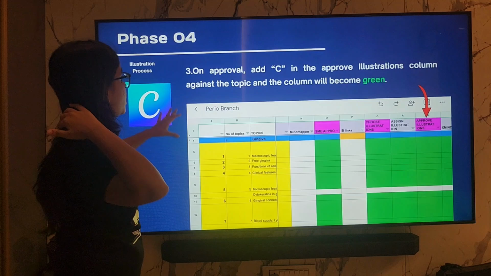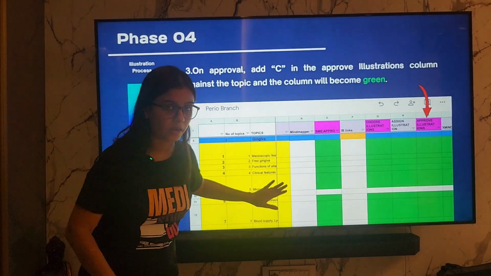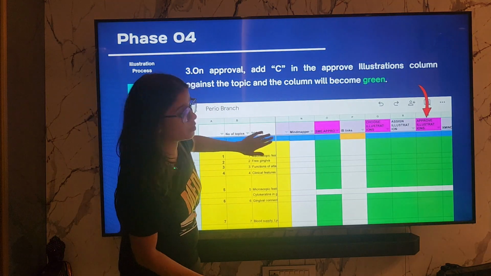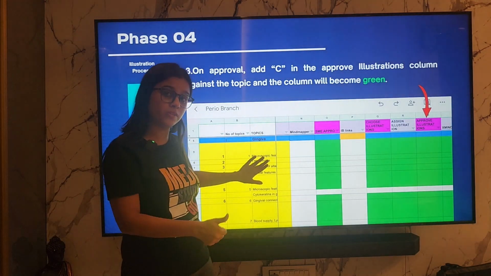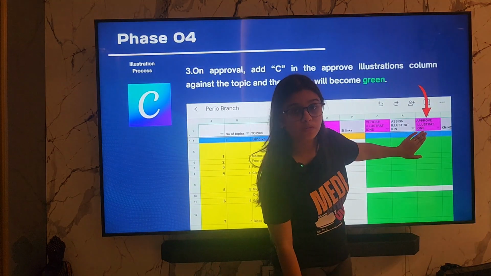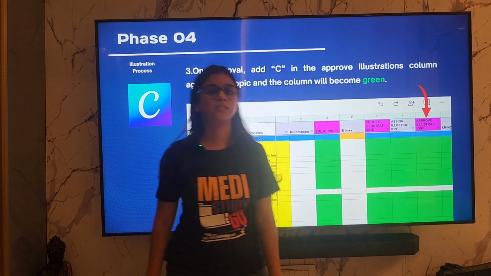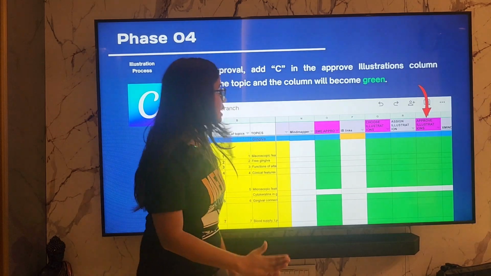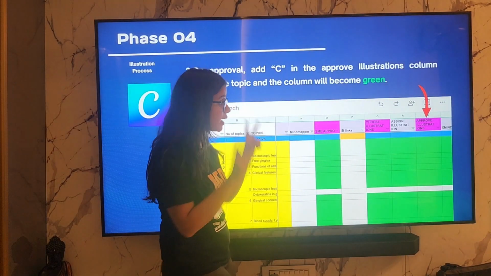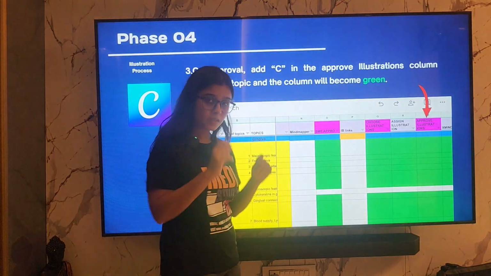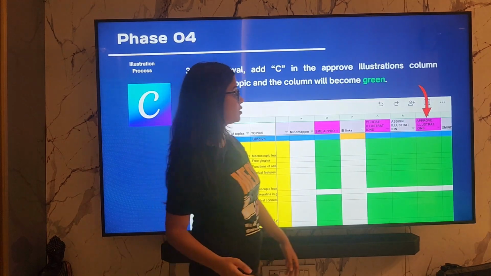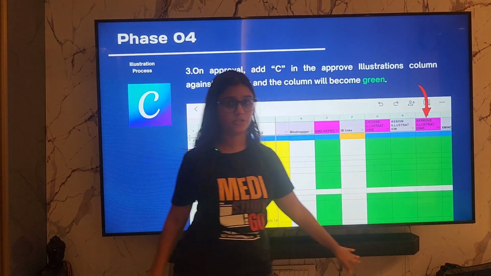Okay. Now, on approval, suppose that image is okay, right? That may be one image in that particular topic. But suppose all the images of macroscopic features of gingiva are okay. You have approved all of them, which means all the tick boxes are inside, is when you will go to the section of approved illustrations and you will put your C over here, right? So the first time that you put your C was when you corrected the content of the mind map, SME approved. The second time that you put your C was when it was choose illustrations, and the third time that you put your C was when you approved the illustrations, right?